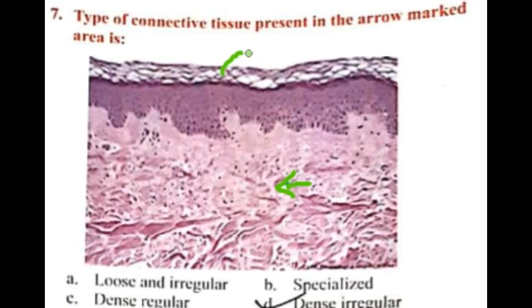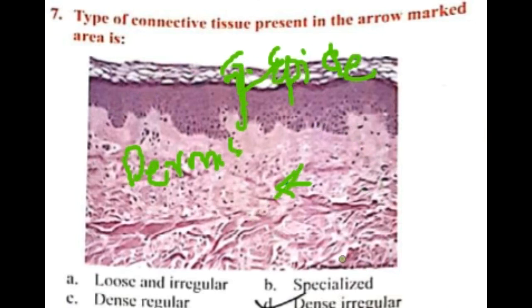This is the keratin, and this whole is epidermis. This is stratum corneum. This whole is epidermis and this is dermis. In the dermis, it is actually the reticular dermis. In the reticular dermis, you will see the presence of dense irregular connective tissue. This dense irregular connective tissue is present in those areas where we have mechanical stress. So obviously in the skin, an increased amount of mechanical stress is present.